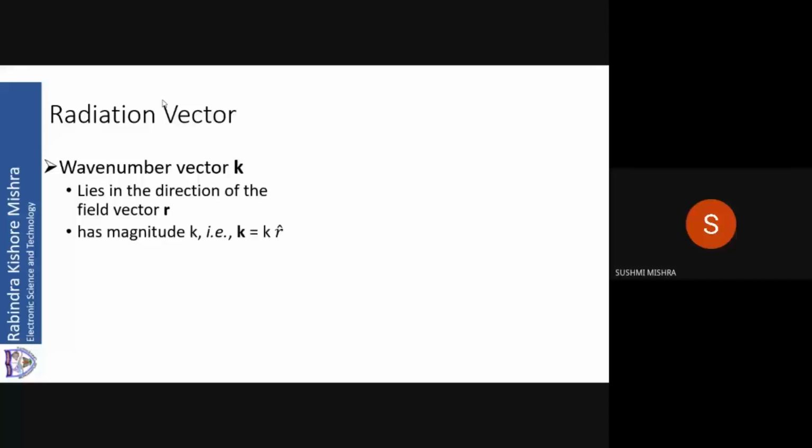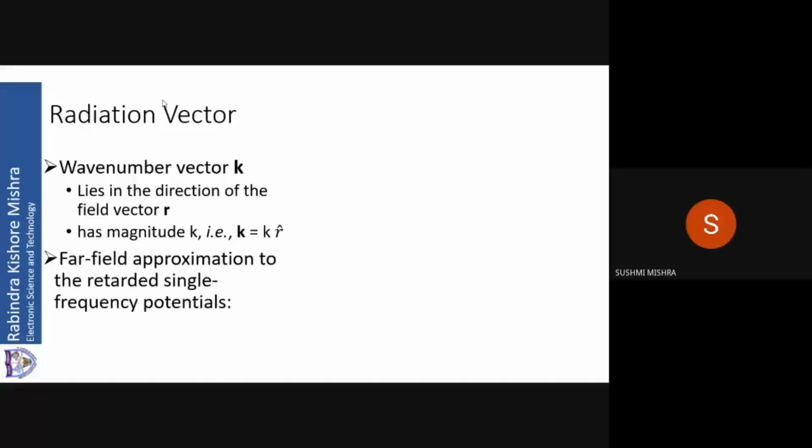So we are using this throughout our discussion up to now, so we'll keep on continuing this. Now in the far field approximation, we have something called the retarded vector potential for a single frequency, or when we consider time harmonic cases. Everything that we'll consider from now on is the time harmonic case. Time harmonic case means it has only one frequency, so single frequency.